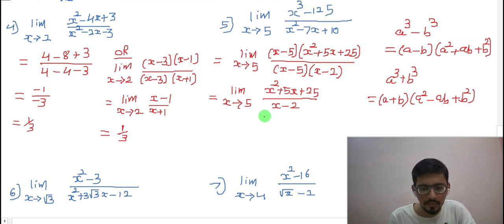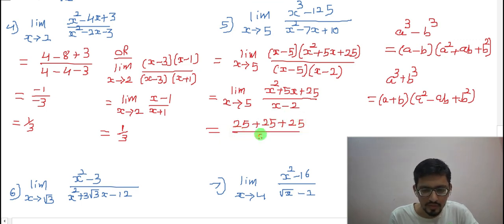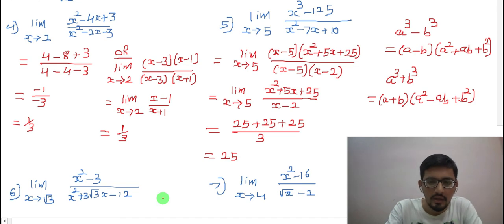If it works, be happy. If not working, factorize, then be happy. Okay, that means in both cases you have to be happy. So now if you apply the limit here, 5 squared will be 25. Here 5 fives are 25, and this 25 as it is. Divided by 5 minus 2, which is 3. So 25 plus 25 plus 25 will be basically 75, and 75 over 3, the answer is just 25. So what limiting value did you get here? 25.